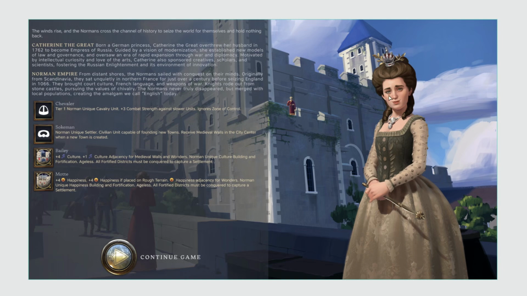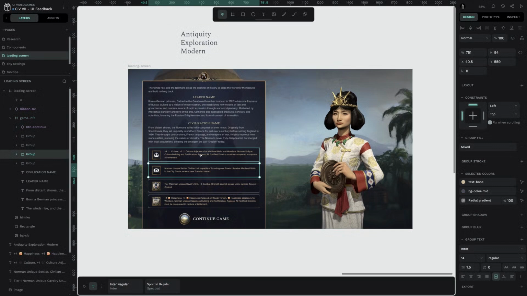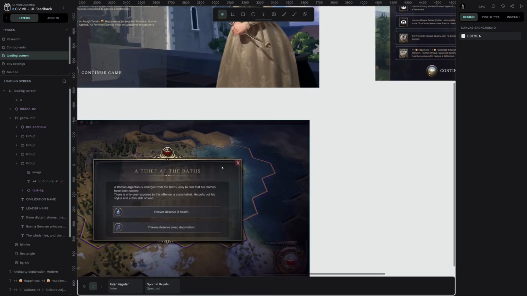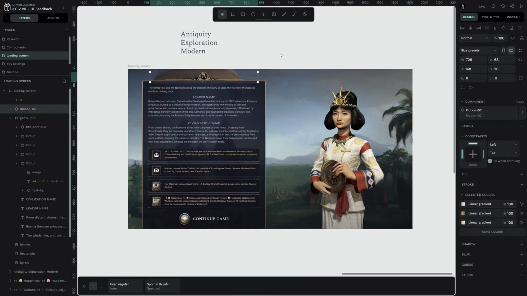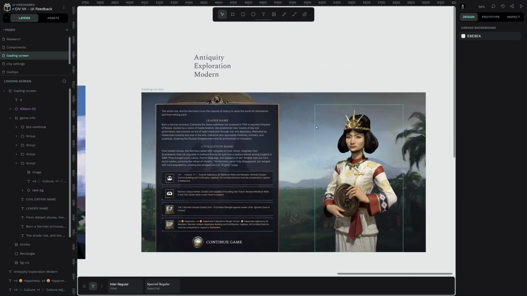Now let me show you my proposed redesign in Penpot. As you can see, all elements are selectable and everything is built within Penpot. I've reused many UI components from the game interface, tweaking them to create a more structured and readable layout. I tried first a layout adjustment, keeping the leader on the right and the content on the left,